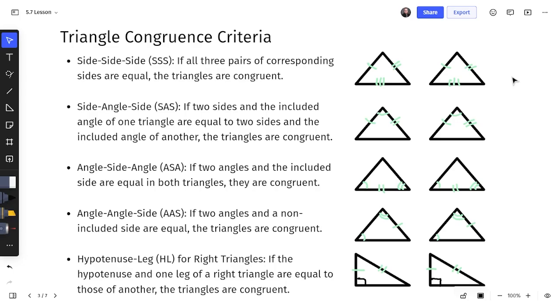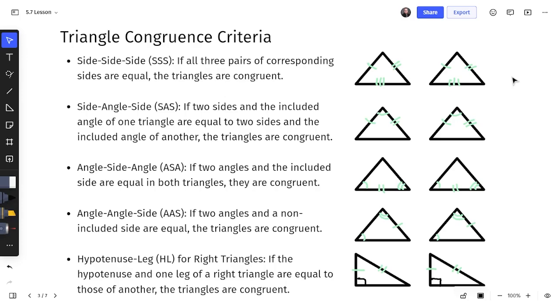The third criterion we have is the angle-side-angle criterion, and that says if 2 angles and the included side are equal in both triangles, then the triangles are congruent. This time the included side is the one between the angles. Then we have the angle-angle-side criterion, which says if 2 angles and a non-included side are equal, then the